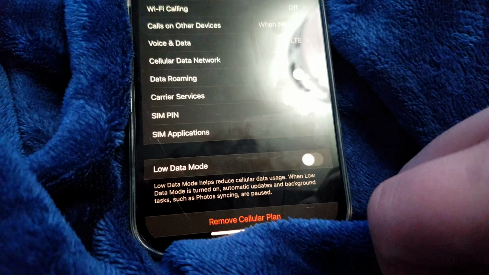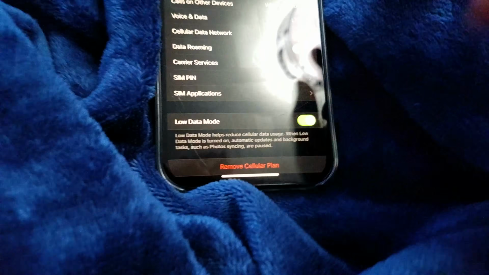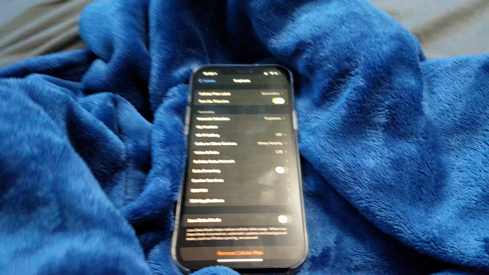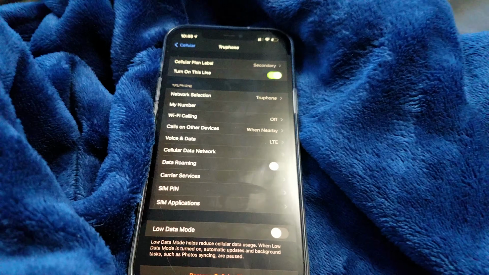You can see here there's a couple of different settings that you're probably not used to seeing, and if you click on low data mode, that will basically just make all the data usage, like background things like photo syncing and everything like that, just paused on this specific cellular network. So that's pretty much all I have to say for this. Seems to be a very good network, very good selection here, and I think